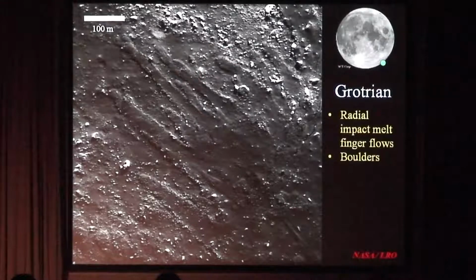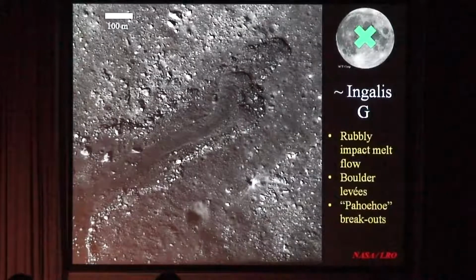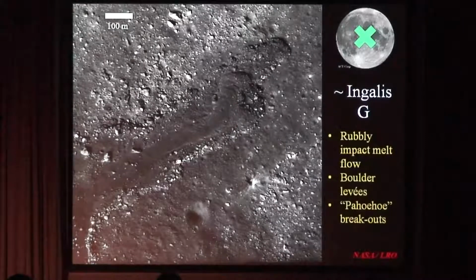Next one, please, Chris. And at the same scale as the previous image, this is a single-channeled flow of impact melt near crater Ingelis. Here's the channel of melt. But notice the details. The flow is flanked. You can particularly see it well on the southern side here, but it comes around that side as well, but it's really nicely shown here. It's flanked by boulders up to 10 meters and more,